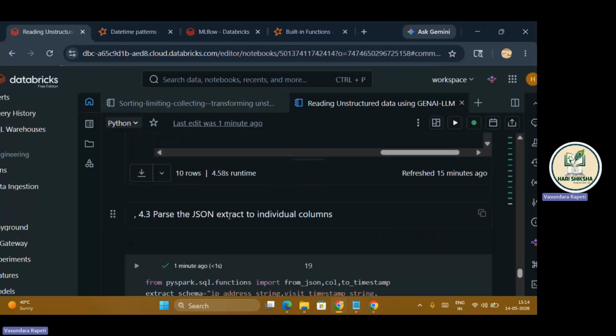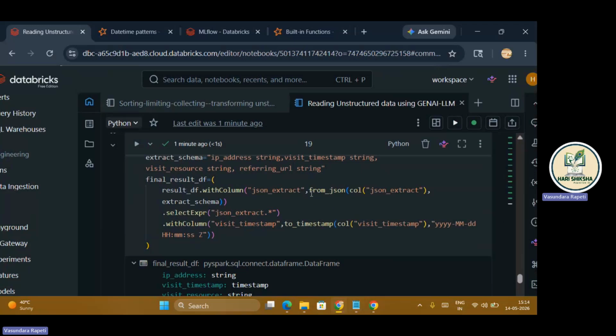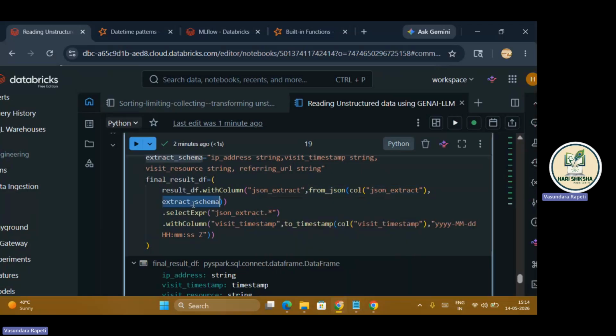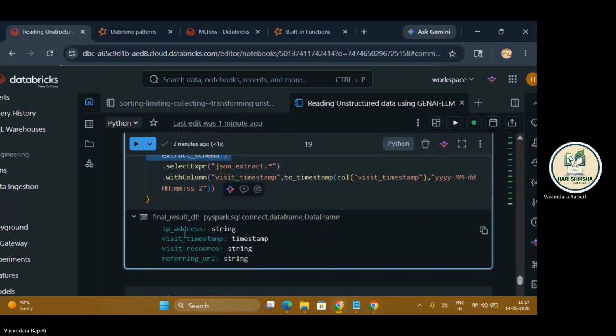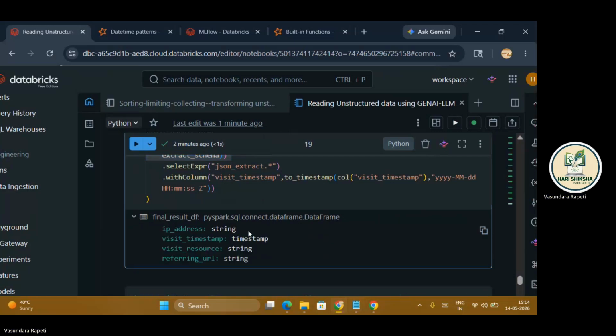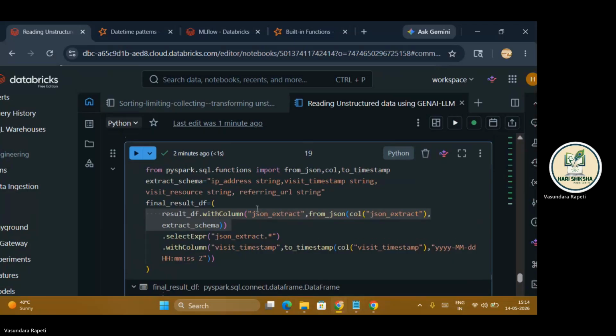But later on, when we parse the JSON using the from_json function, the from_json function takes the input as the JSON extract that was a string and uses this schema. Once it is done, it is converted into an object type. How to check that? Final result, PySpark connect data frame. This actually is converted into an object type. If you want to see it separately, then you can use this particular one and